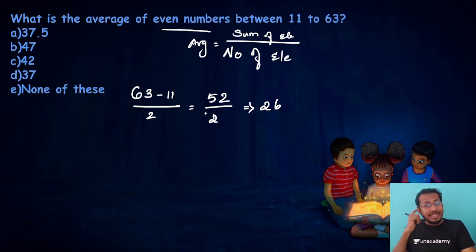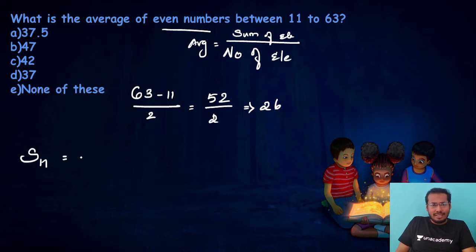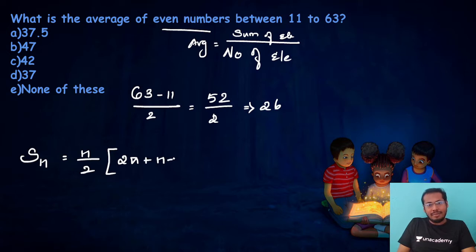Now we need to find the sum of those 26 numbers. So in this case, even though it is an average concept, we need to know the AP summation formula. In AP, we had a summation formula. Sometimes in some competitive exams like banking, there is no concept of AP-GP, but even so, we need to know the AP formula, as they can ask some puzzles. So what is the summation formula? n divided by 2 into 2a plus (n minus 1) into d. Yes, this is the formula.